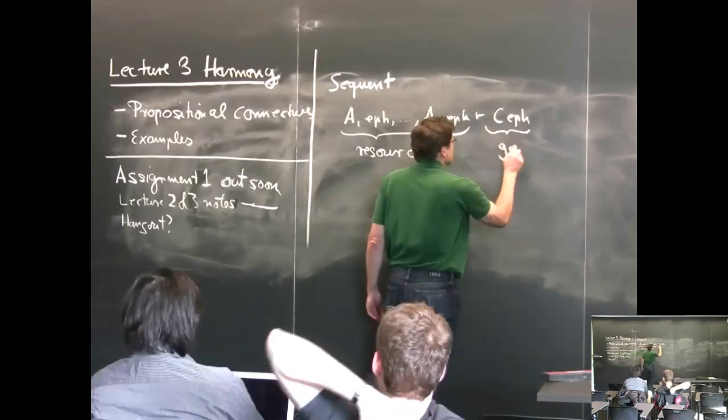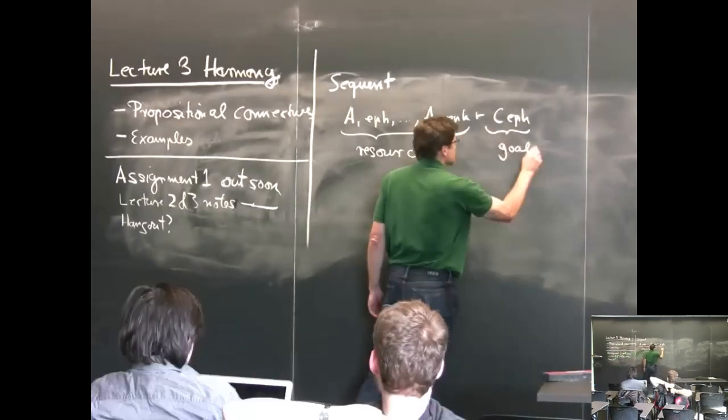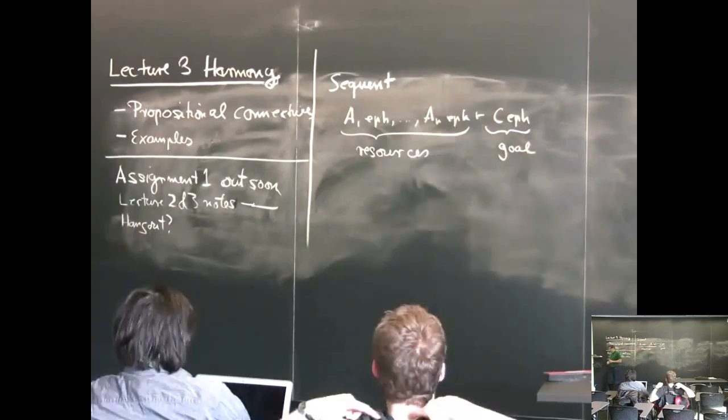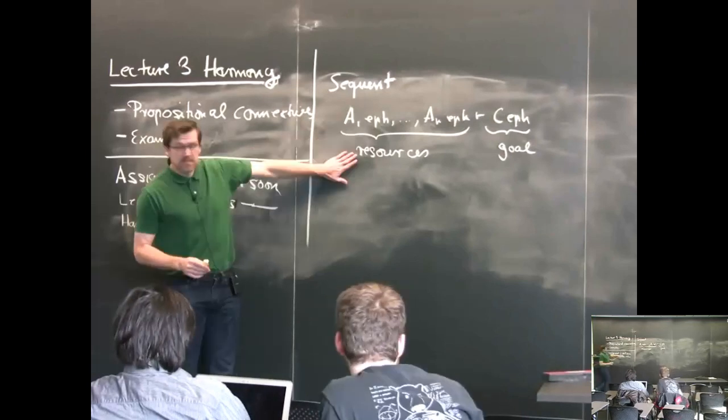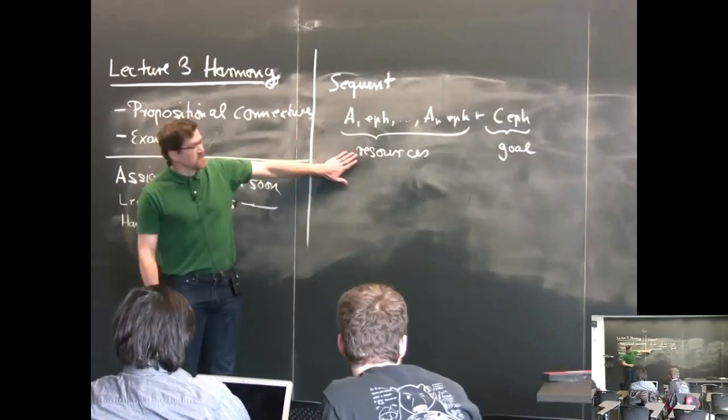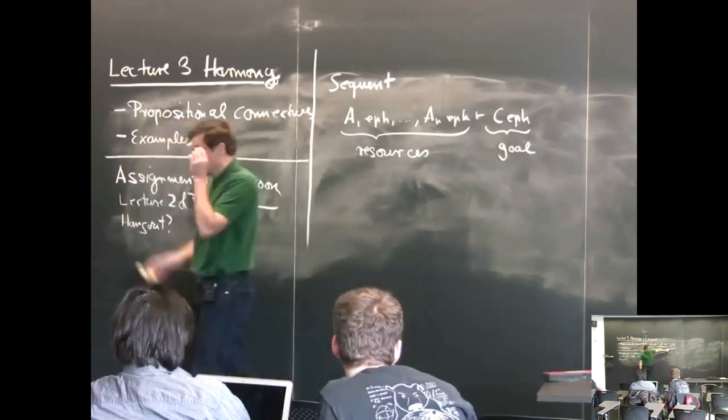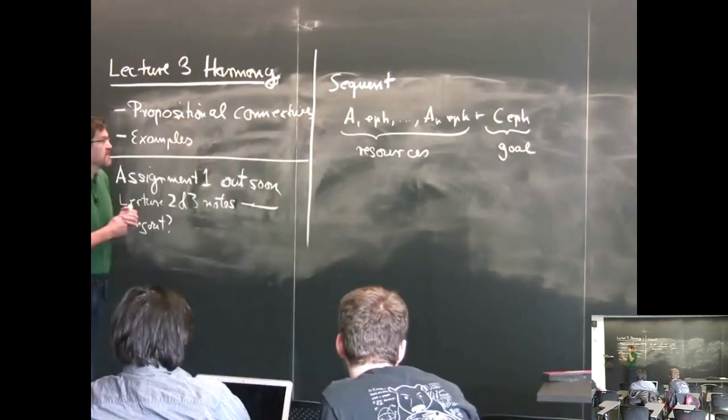And the C over here is our goal that we're trying to achieve. So it's a little bit different from the usual way we think of a sequent if you do classical or intuitionistic logic, because these aren't just arbitrary assumptions that we have, but they actually get consumed in the process of inference. And this is not something we're trying to prove, but some goal that we're trying to achieve with the